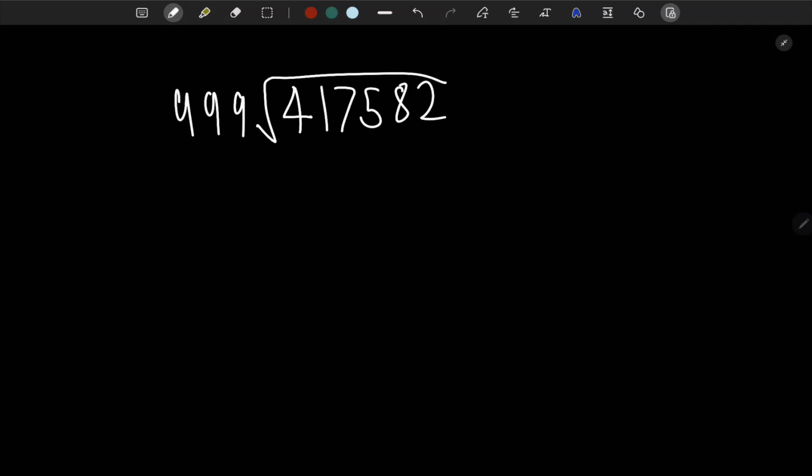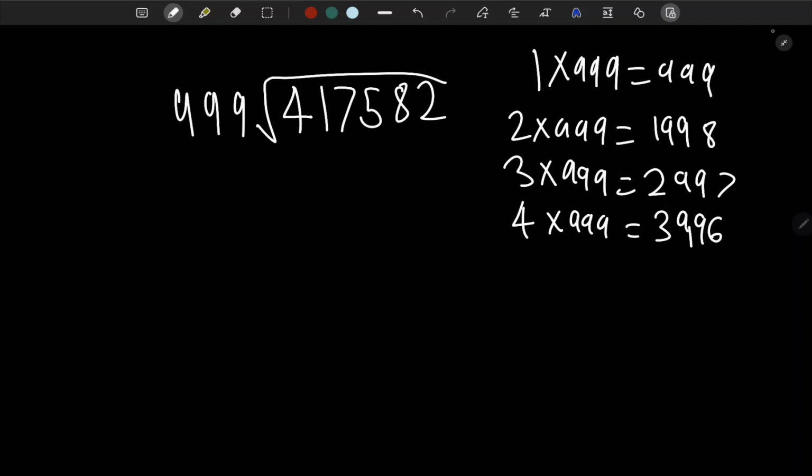Now let's move on to our last example. It's a huge number divided by 999. So first step again is just to write the first four maybe multiples of 999. So let's do that. 1 times 999 is 999. I'm just going to skip to the multiples. So here are the first four multiples, and straightforward we can just write 4 here